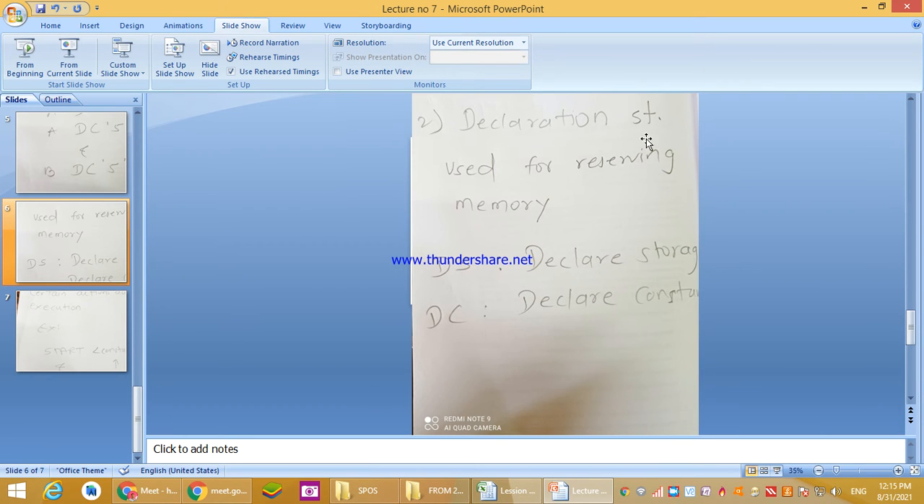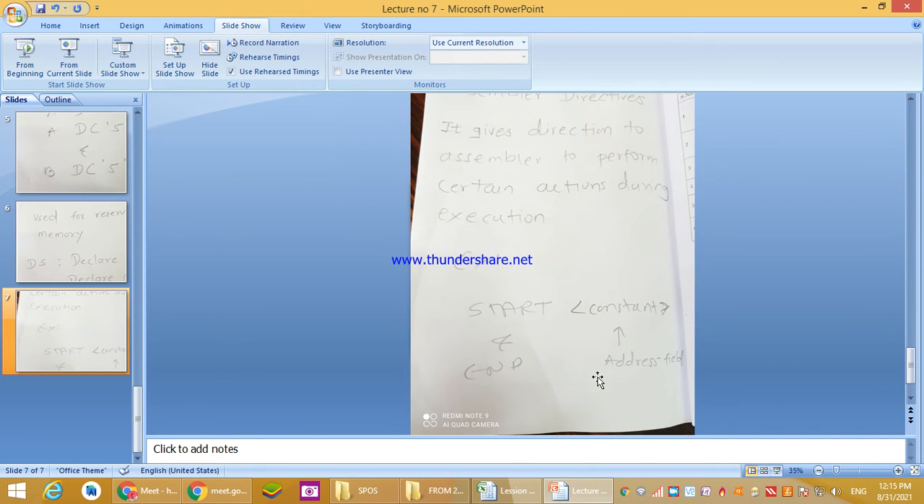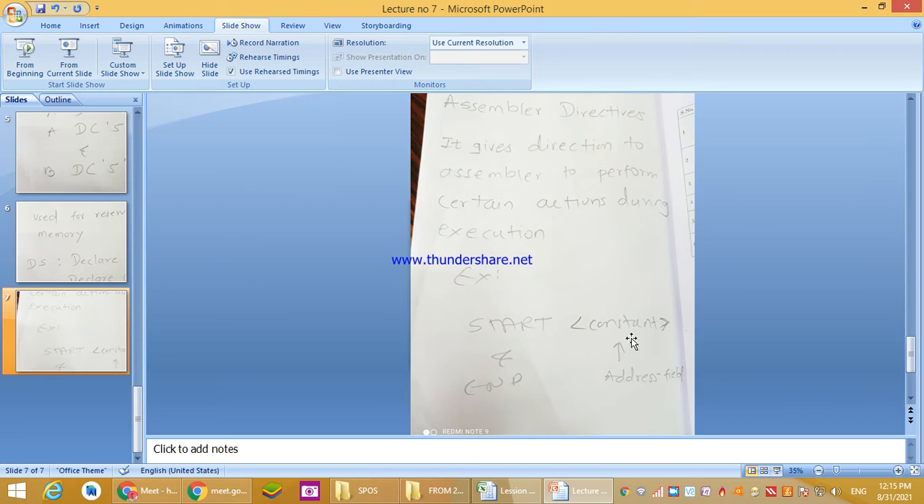Have you understood what a declaration statement is? A declaration statement is used for reserving memory. There are two acronyms used in declaration statements, that is DS and DC. DS is used to declare storage, and DC is used to declare constant. Okay, then